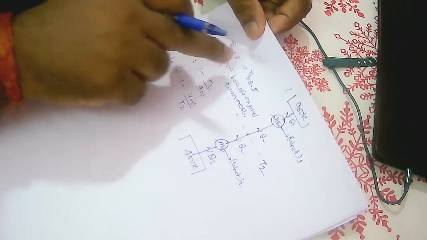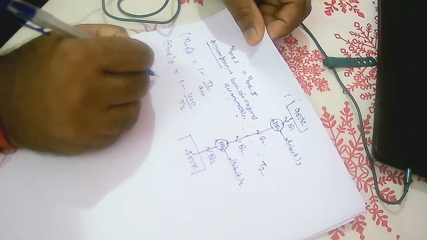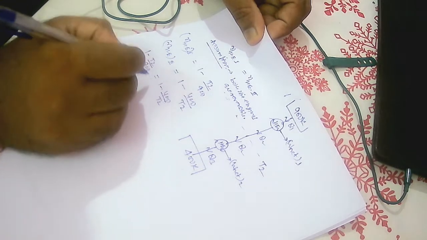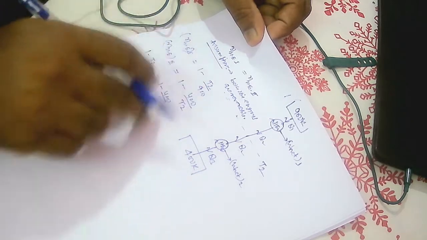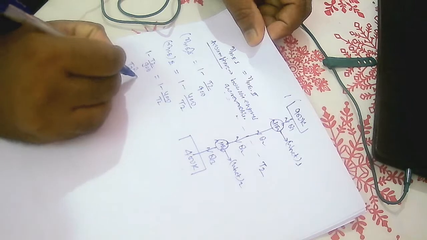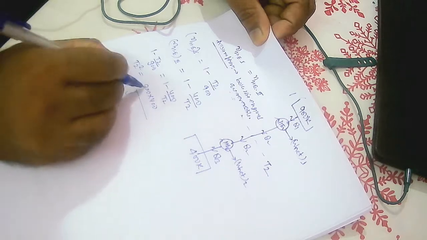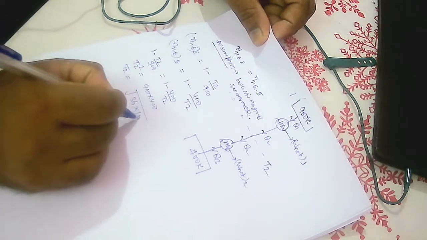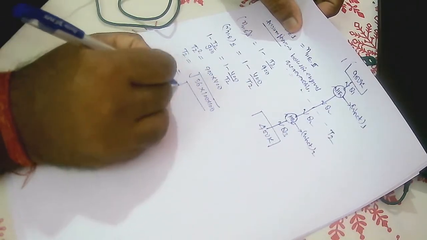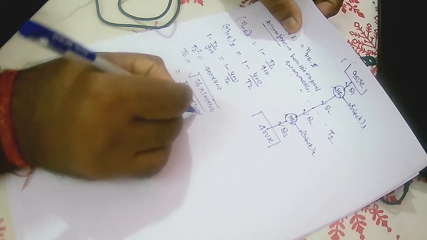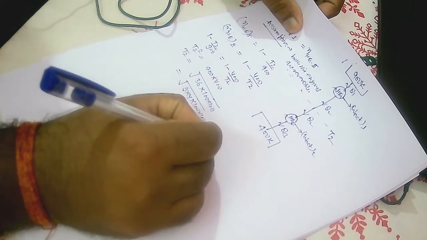Equate these two terms, efficiency 1 is equal to efficiency 2. So I can write 1 minus T2 divided by 900 is equal to 1 minus 400 divided by T2. Take this term this side, take this term this side and cross multiply. So cross multiply, it will become T2 square is equal to 900 into 400. So T2 is equal to under root 36 into 100 into 100. So this 36, you can write 9 into 4 into 100 into 100. So if you solve this, you can get 3 into 2 into 100, that is 600 Kelvin.